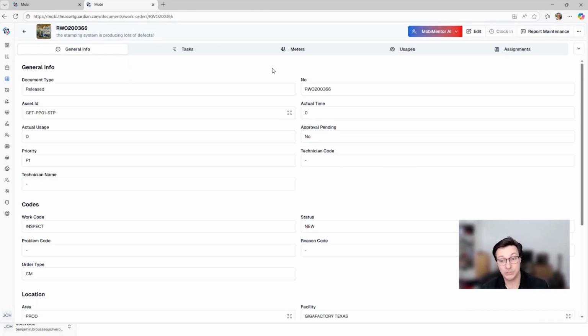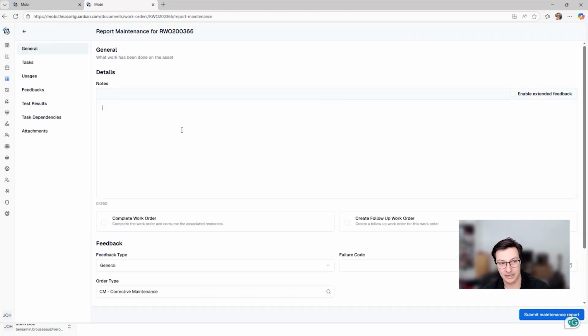So the idea here is really to cut the time. If you're only reviewing your requests once a day when you log in and look at your dashboard, this is really changing the paradigm. You would have a notification, and in one click you can convert this into a work order. Let's take it further now. Let's close this work order. And here, let's say we